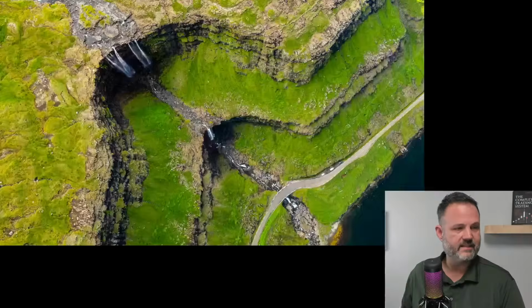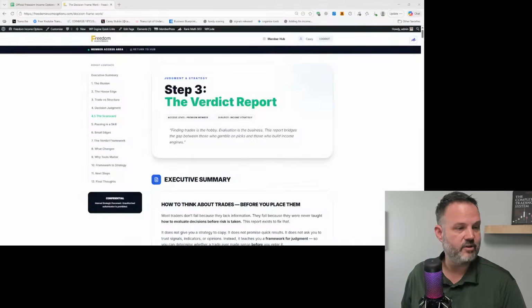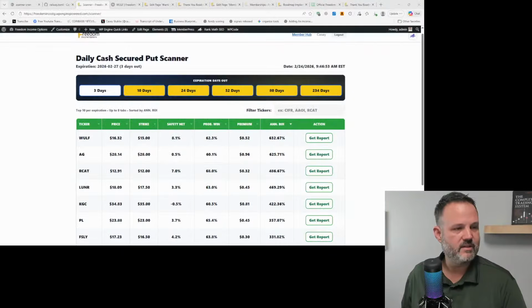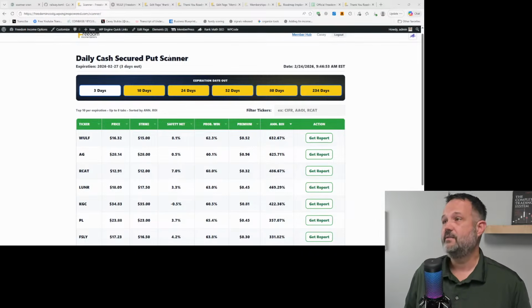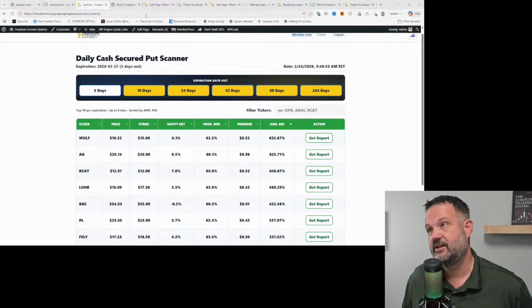So with that being said, let me answer Min's question. He said, what's the difference between a cash secured put and a covered call? And I know that you said that you have a lot of experience, so this will be good for you to really refresh. But a cash secured put means you don't own the shares. You're selling a put to earn the shares. A covered call is if you do own them.